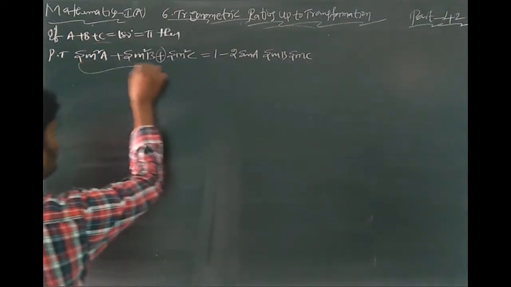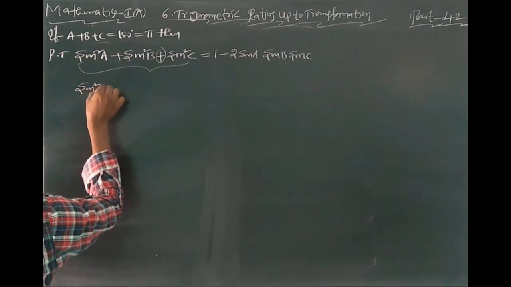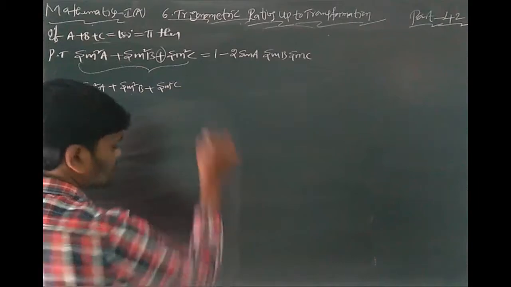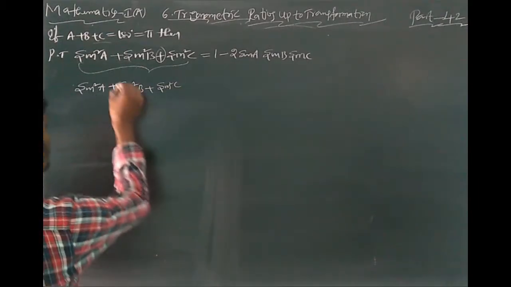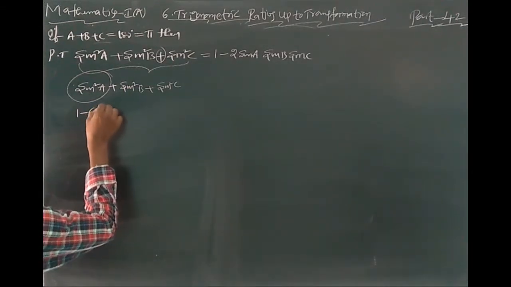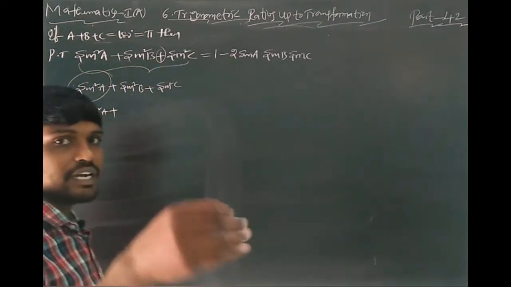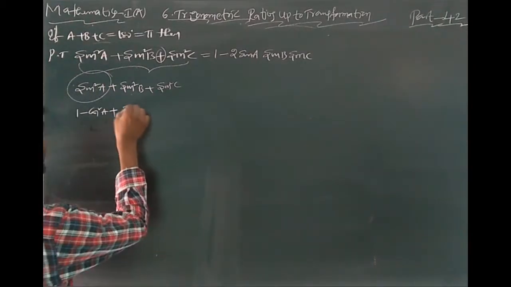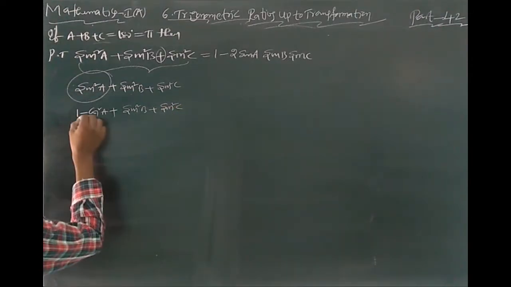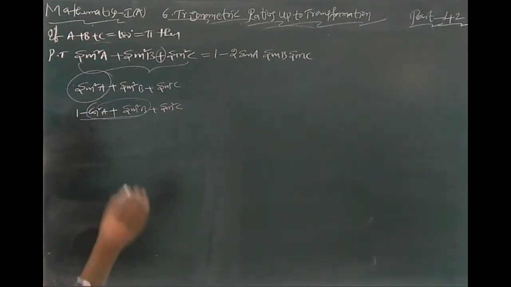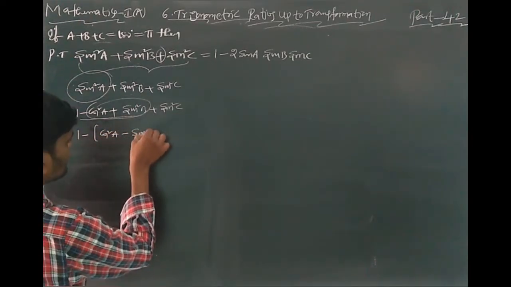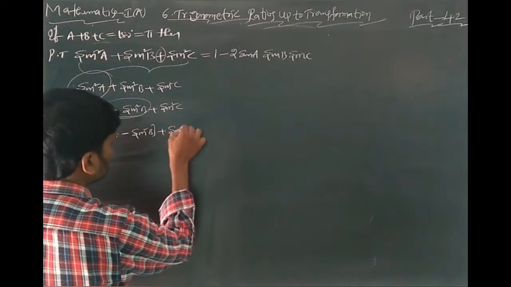Here first we have to take the LHS part. What is the LHS part? Sin square A plus sin square B plus sin square C. This is the LHS part. In this LHS part, first in place of sin square A you can write which formula? 1 minus cos square A formula. By the first idea already explained in the previous problem. Plus sin square B plus sin square C. After that, in these two terms you can take common minus. You get 1 minus of cos square A minus sin square B plus sin square C.